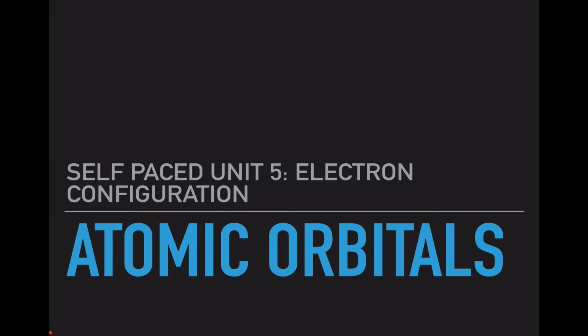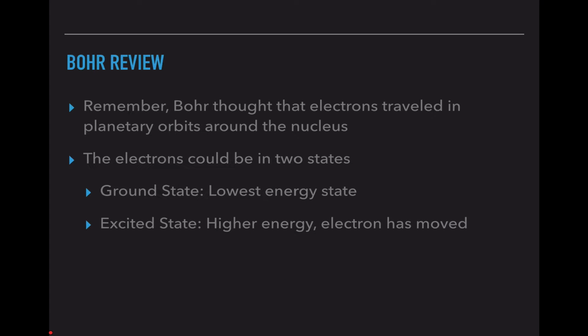Hey guys, today we're going to talk about atomic orbitals. Remember, Bohr is the organized electron cloud guy. He thought that electrons traveled in planetary orbits around the nucleus, meaning there is only one possible path that those electrons can follow. In addition to that, he thought that the electrons could be in two states. The ground state, which is the lowest energy state, that's where the electrons are when they are normal, when they are relaxed, when they are comfortable, and then the excited state, where there's a higher energy and the electron has